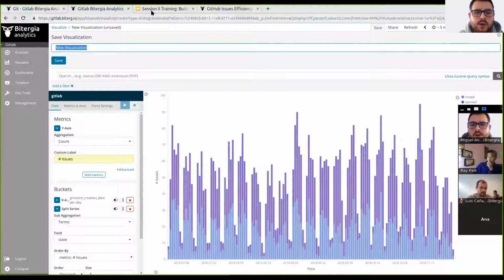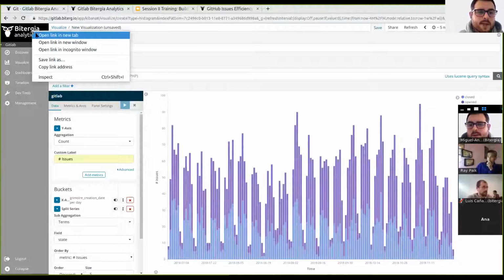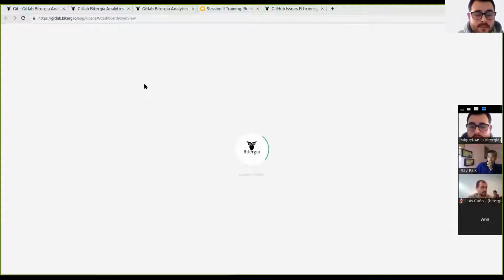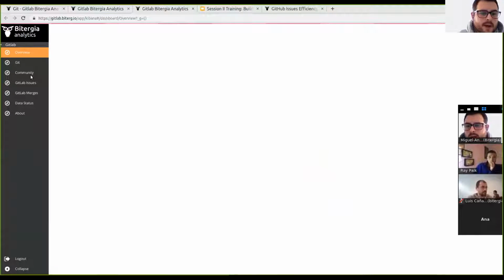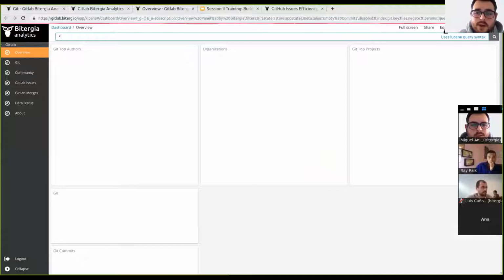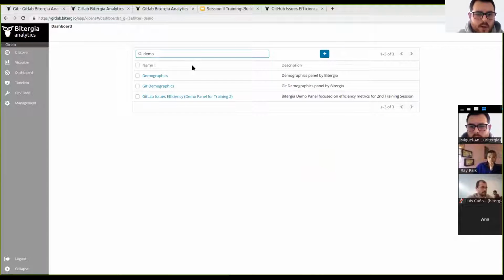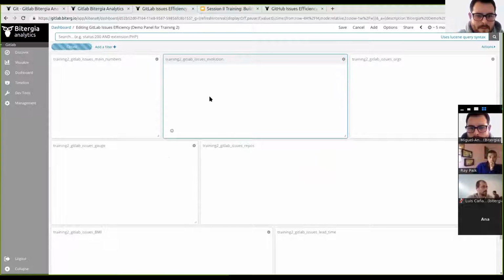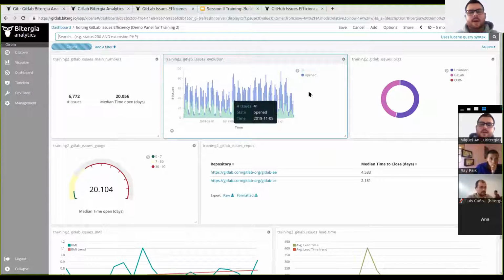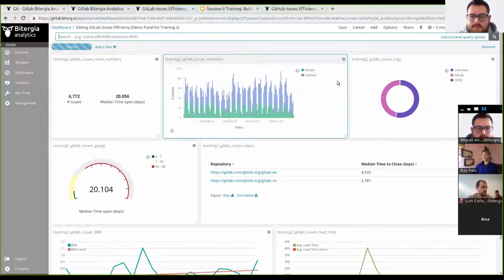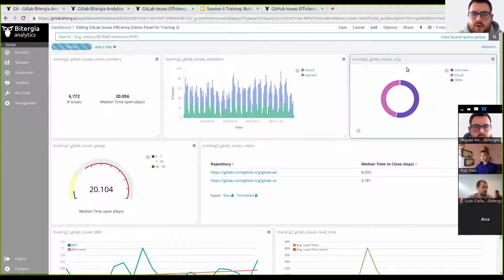And then you will have the same widget that you have in the efficiency panel we have built for you. I'm going back to it. Okay, here we are. Okay, this is the one. Okay, for creating this pie chart,